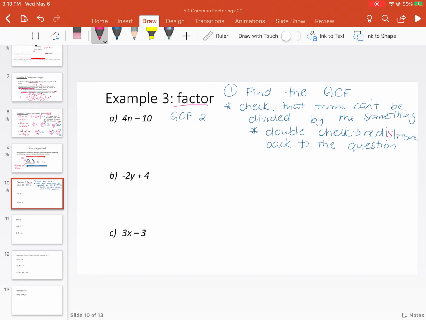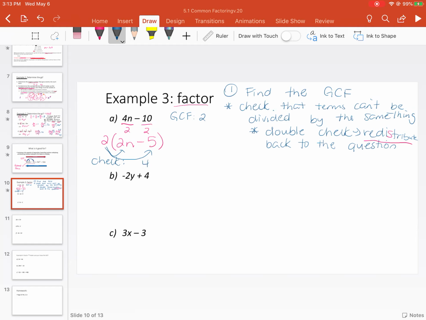Now, when you factor an expression and you write it in factored form, then you can't just put what the greatest common factor is. The greatest common factor goes on the outside of the brackets. Remember, we want to be able eventually to redistribute. So this is going to look like an expression from last year where you would have used the distributive property. And then what you're thinking in your head is divide each of the terms by the greatest common factor. So 4n divided by 2 is 2n. Negative 10 divided by 2 is negative 5. Okay? And then the double check at the end,